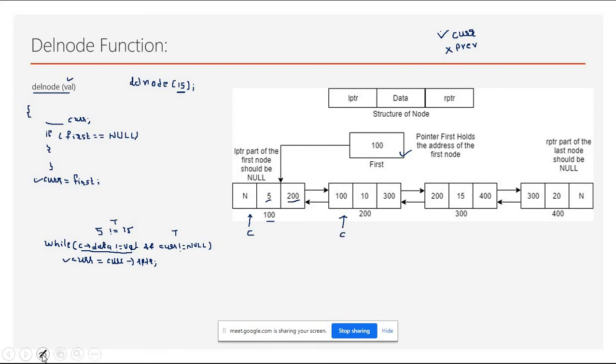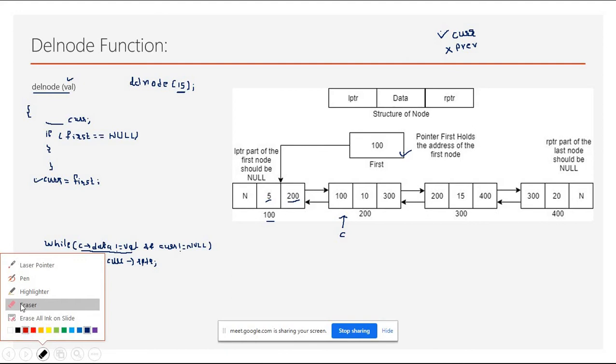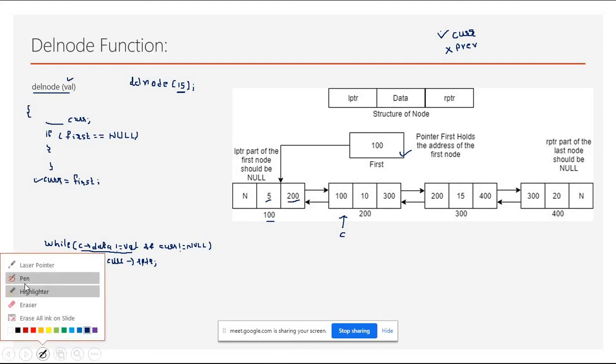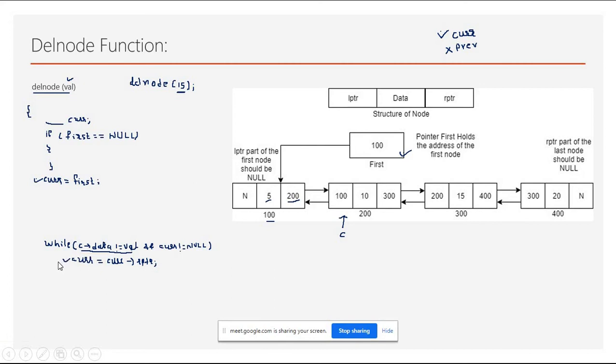Now I am just erasing the thing. Okay, fine. So now your current pointer is on 200. Again, this is a loop. So now the computer will check the condition again. From here you will come to the header part.